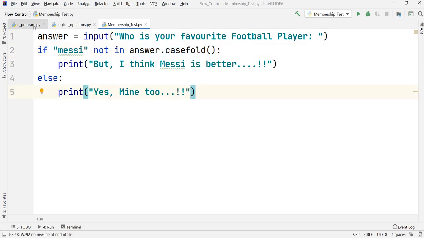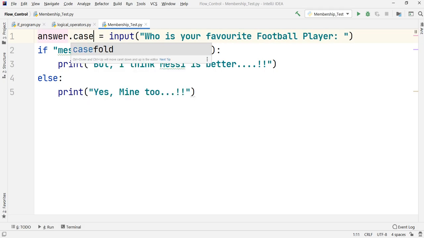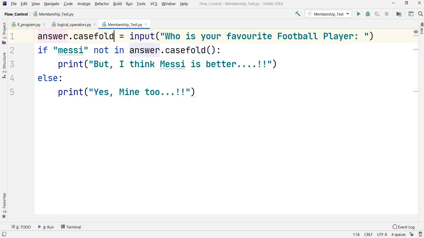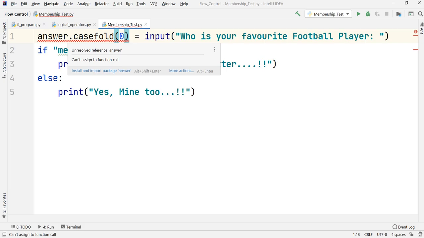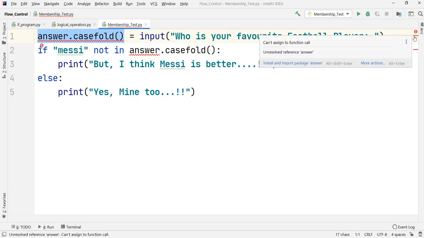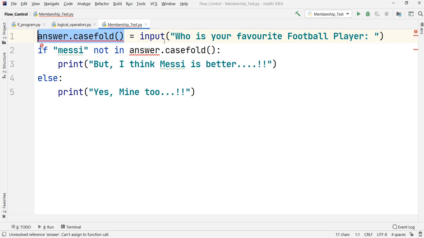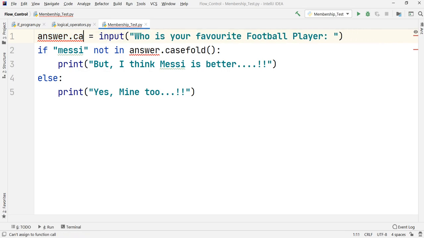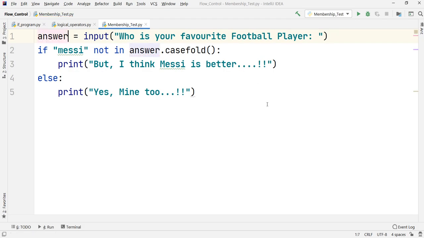Okay, and one more important thing, you cannot use it over here. Let us just try it. I'll tell you why it doesn't work. If I just try it, just observe, it has given me that warning, and it is saying that you cannot assign to a function call. Because there is a function call ahead, you cannot do that over there. You will have to do it in the checking of the condition only, so you'll have to do it here only. That is why we have used casefold over there.